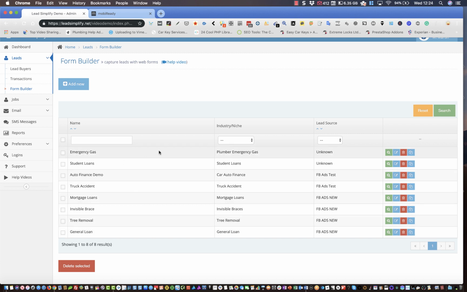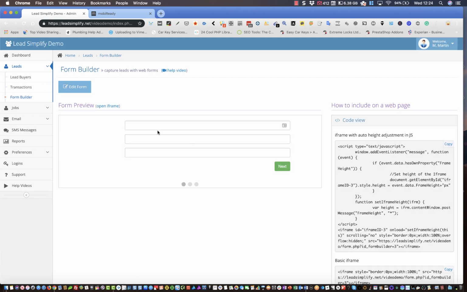Right, let's have a look what this one looks like. So, for example, let's say we're using Facebook ads. Facebook ads seems to be the best for creating a profit using a form. Obviously, you can use Google AdWords with the high-end stuff like loans and things like that. But if you want to break down somebody's demographics right down to age, income, where they live, all the rest of that crazy stuff, then Facebook advertising is probably the best one out there. Let me just grab one of these forms because I'm not going to go into too much detail. I just want to show it to you.